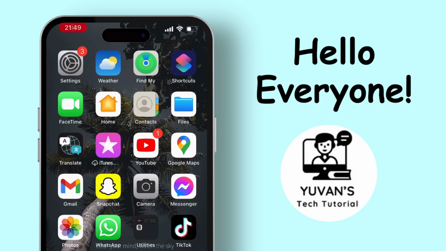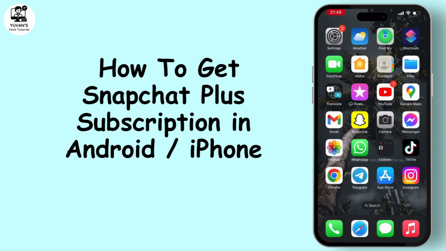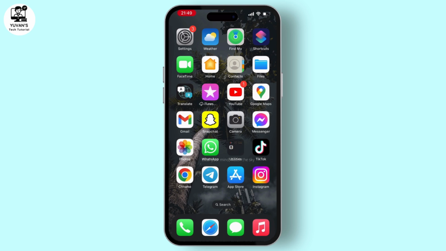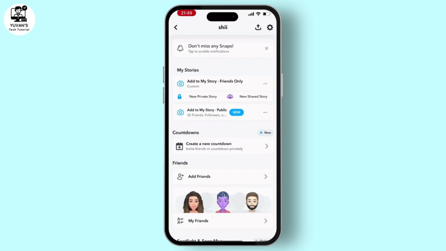In this video I will guide you through how to get Snapchat Plus subscription in your Android or iOS. To get it, first of all what you need to do is open your Snapchat application and then hit on the profile icon which is on the top left corner of your screen, and then if